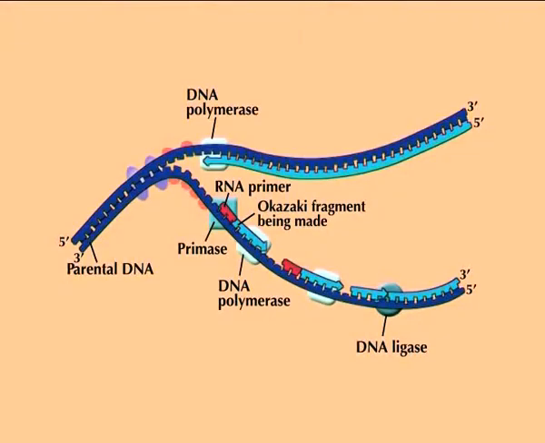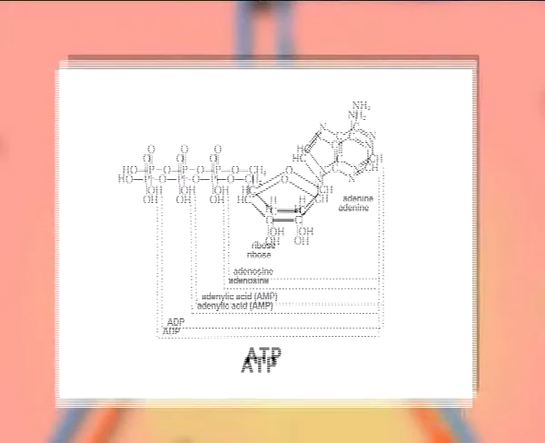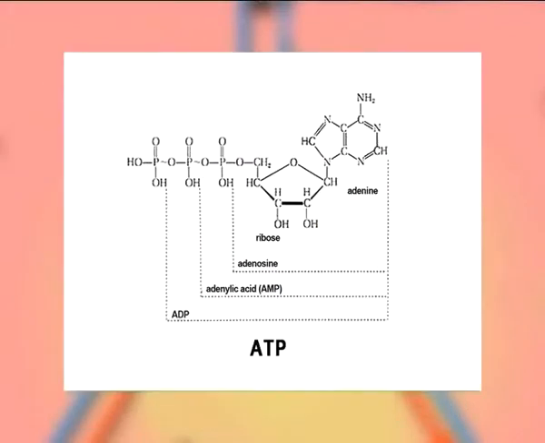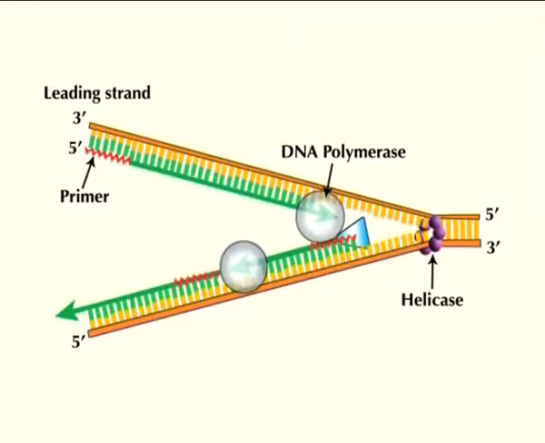The enzyme is used to join the polypeptide fragments in the lagging strand during DNA replication. DNA ligase catalyzes the covalent closure of nicks in DNA molecules by using energy from NAD, nicotinamide adenine dinucleotide, or ATP, adenosine triphosphate. Helicase. The enzyme, also referred to as unwinding proteins, is responsible for the melting of DNA and